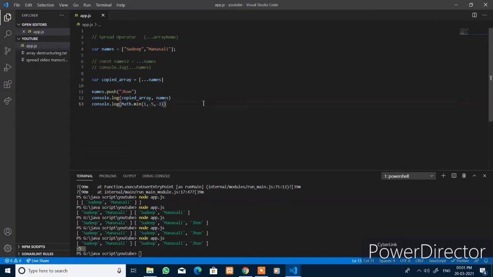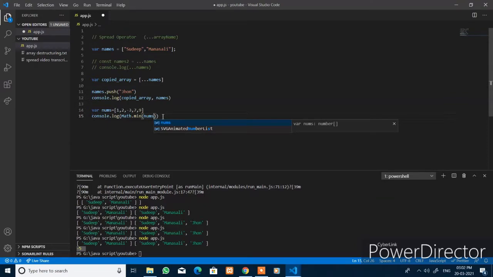Now if you want to find the smallest value in an array, like var nums, here you go on defining some array values, that is 1 comma 2 comma -3 comma 7 comma 9. Here the smallest value is -3. If you pass this nums, it will be a default array.